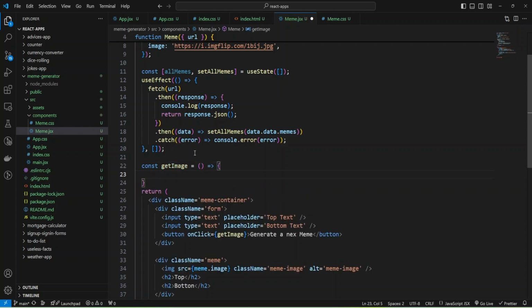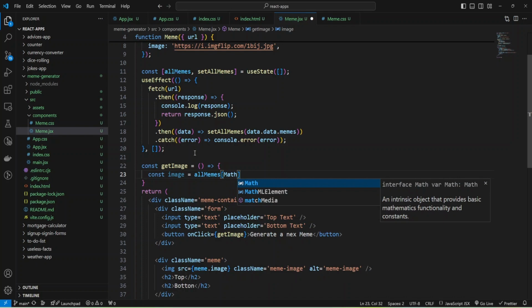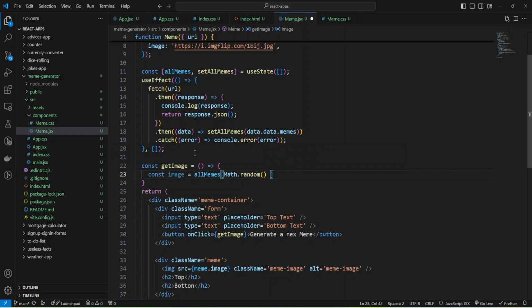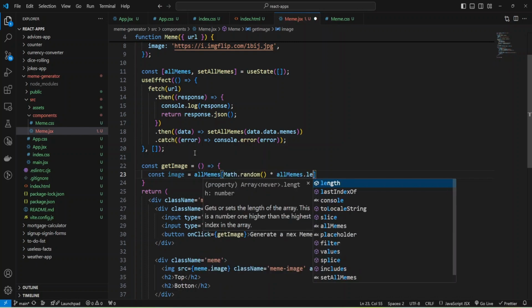Okay, it will be arrow function, and I'm going to retrieve a random image from my all memes array, and it will be const image, and use my all memes array, and get some random index with Math random, and multiply to our all memes length.